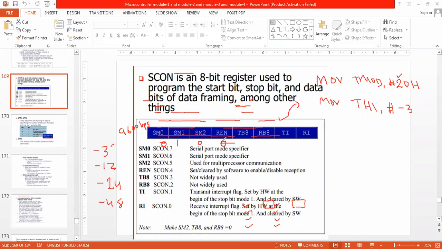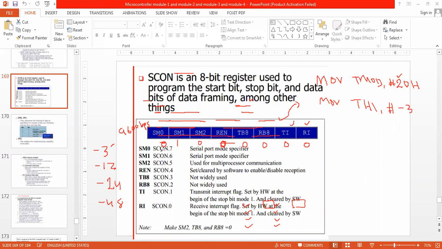I am not receiving the data, I am sending the data, so that is why I am disabling the receiver. 0, 1, 0, 0. TB8, I am not using TB8, 0, 0. TI and RI, both are 0, 0, because these are going to be automatically set to 1.